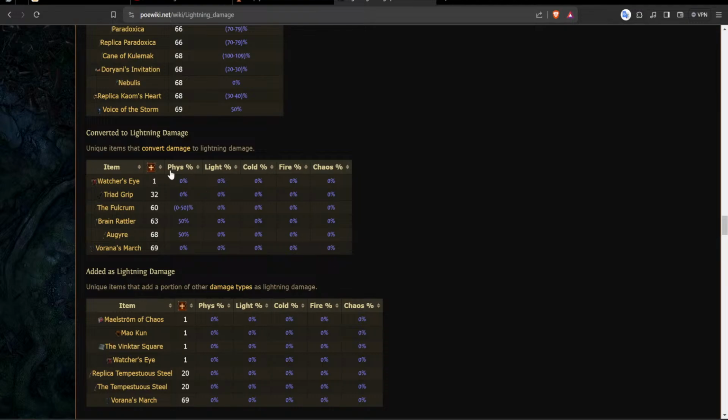Okay, these are all the damages in PoE: lightning, cold, fire, and chaos. So with this, you can build your own gem characters, right? We create one type of build where it will do more chaos damage, and zero physical damage, and a 20% cold damage, like that. And with that build, what you can do